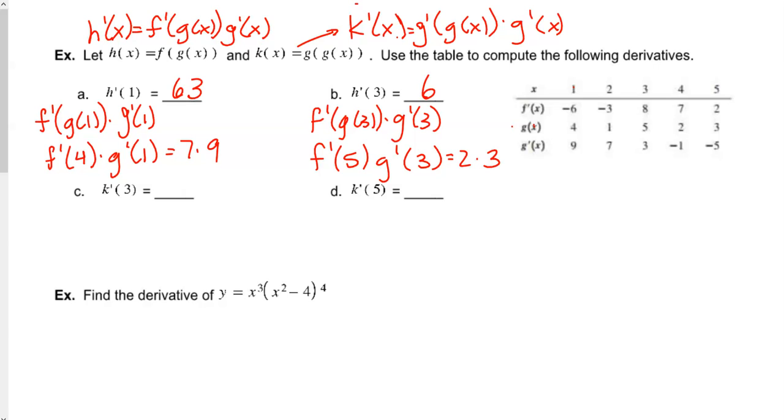Okay, so when we do that, finding the k prime of 3 and k prime of 5 is going to be just like what we did here. I'm going to take this 3 and put it in there and put it in there. So when I do that, I get,